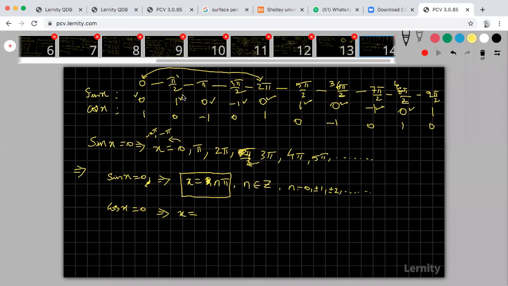Cos x is 0 at pi by 2. Cos x is 0 at 3 pi by 2, 5 pi by 2, 7 pi by 2. That means odd multiples of pi by 2. Look at that. Cos x is 0 not at all multiples of pi by 2. This is actually 2 pi by 2, this is 3 pi by 2, this is 4 pi by 2, cancel that, you will get 2 pi. Not all multiples of pi by 2, only odd: 1 pi by 2, 3 pi by 2, 5 pi by 2, 7 pi by 2, we are getting 0.